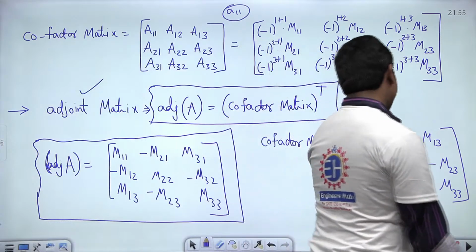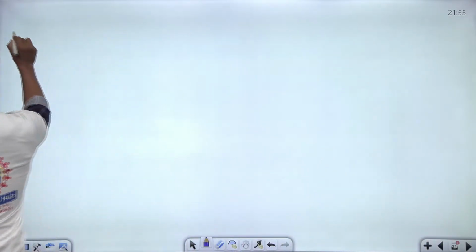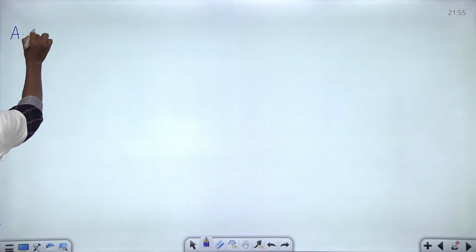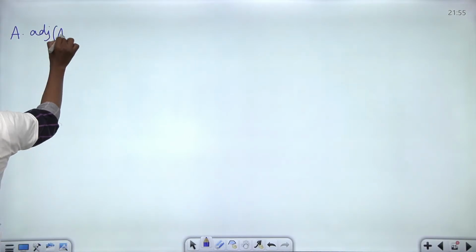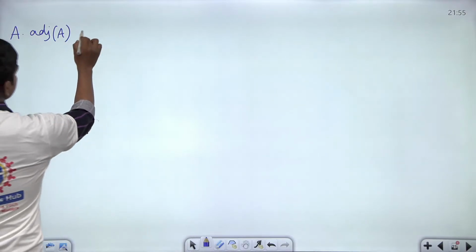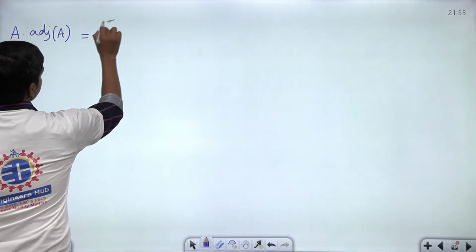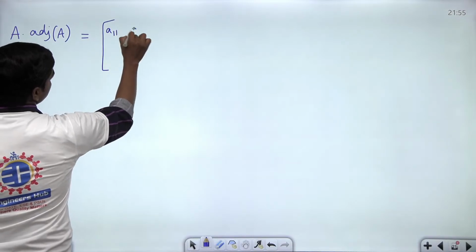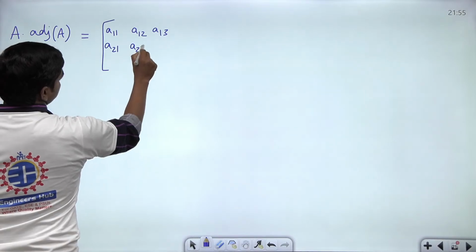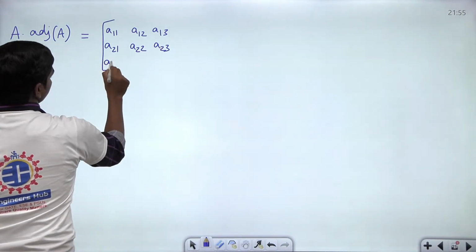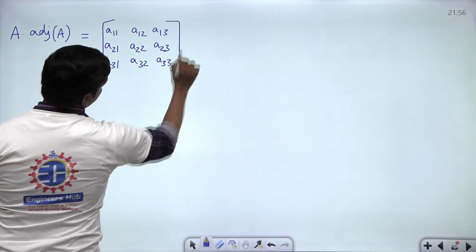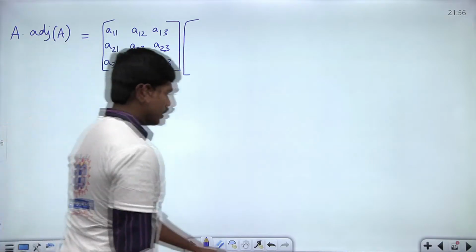So now see carefully. Let us try to calculate one very important product in matrices, A times adjoint of A. This is really important for us. Okay, A times adjoint of A. So this is equal to the A matrix. I thought of doing it with 2 by 2, but since you are showing a bit of interest, I thought of going for 3 by 3. A23, A31, A32 and A33. And when you multiply this with, now,